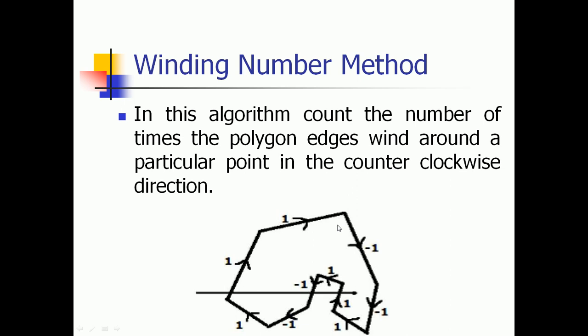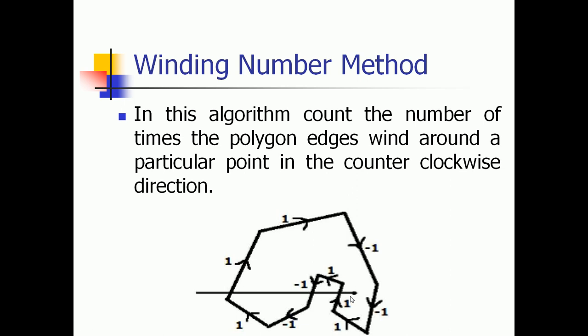When all the edges of the polygon are covered by the rubber band, check the pin which has been fixed at the point to be tested. Now here we want to test this point over here. If we find at least one wind at the point, consider it within the polygon. Else we can say that the point is not inside the polygon, right? So we have to put the pin on this point, and then stretch the rubber band on these polygon edges, and if it is not going towards that pin, then we can say that the point is inside the polygon.